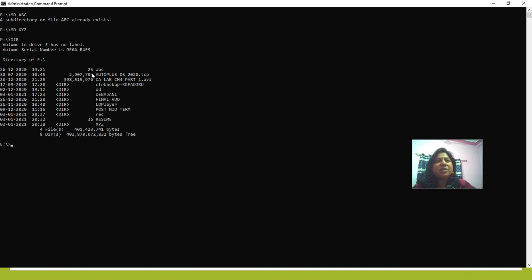Yes, one more thing: creating a directory does not occupy any space on your hard disk, whereas whenever you create a file, it occupies some space on your hard disk. So what is the difference between a file and a directory? A file is a collection of data, because as much data as you store in a file, it will occupy space that is measured in bytes. Whereas a folder or directory is a collection of files. That's why it does not occupy any storage space on your hard disk, and the bytes are not displayed to you.